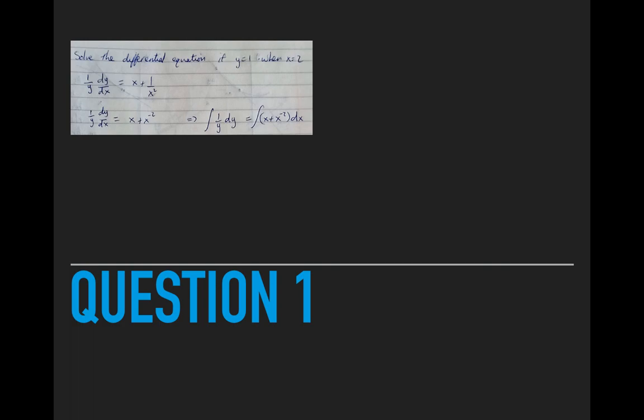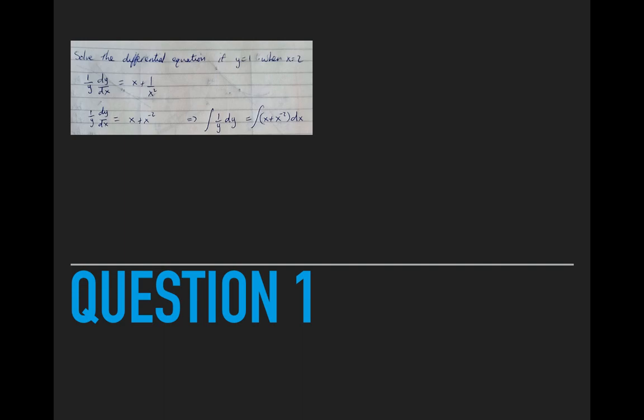If you look at the function, what I've done there is instead of 1 over x squared, I've written that as x to the minus 2. And then what I want to do is bring the dx over, so if I multiply both sides by dx, I'd be left with 1 over y dy, and x plus x to the minus 2 all multiplied by dx. Now we can't have dy's and dx's on their own, so we have to have the integration sign as well, the script S on either side. And that means our differential equation can be written in a form whereby we can use anti-differentiation to solve for it. So the integral of 1 over y dy equals the integral of x plus x to the minus 2